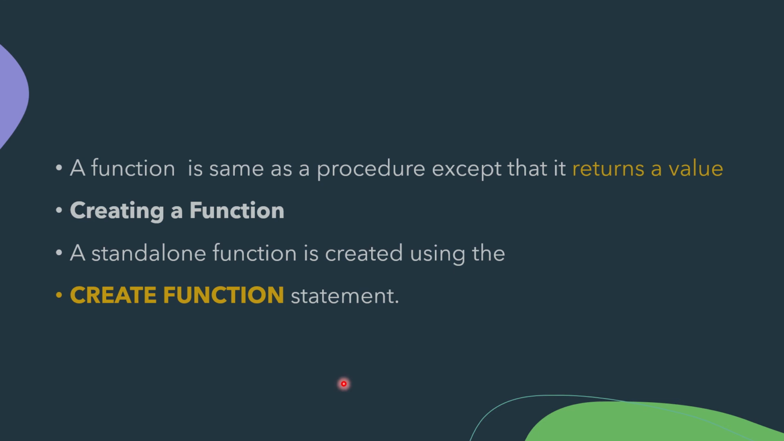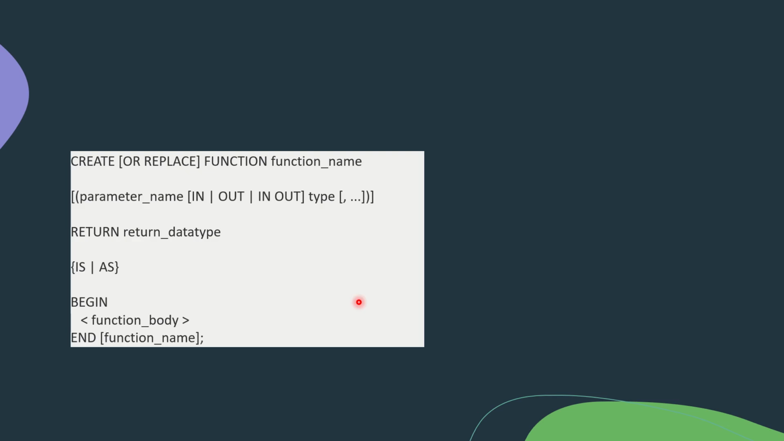So if you want to create a function, the command which is used for creating a function is the create function statement. So this is the syntax of a create function. First you have to write the keyword create, or in some cases replace. That means if you are creating a function for the first time, we have to use create. Suppose you already created a function and you want to make any modification,